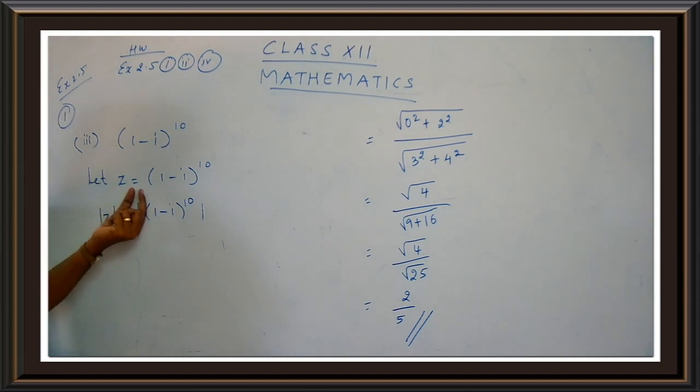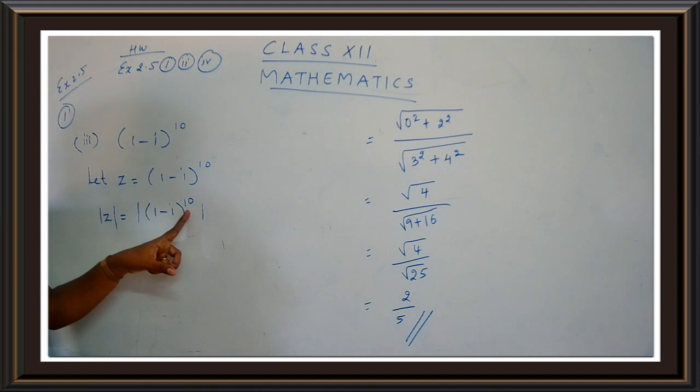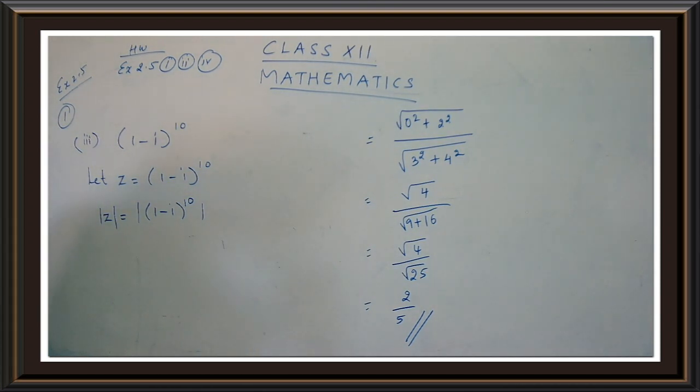Okay. So now what are we going to find? We are going to find modulus z. So modulus z is equal to modulus of (1 minus i) the whole raised to 10. Clear, children? And now we have studied a property. I hope you would have recollected the property. Very good. Just turn to the points where you have written down the property. See the property, children. I hope you have written it in the last third one. I think the seventh one.